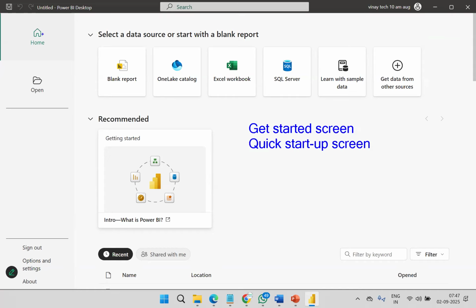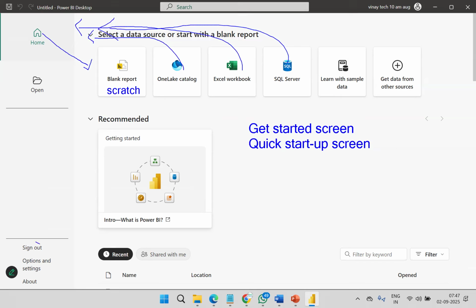Because of home, blank report. Blank report indicates from scratch you will do everything. And here you will bring the data and do it. Excel, you will bring and generate a report. SQL Server, you will bring and generate a report, etc.